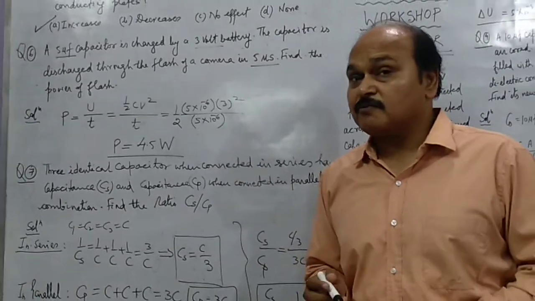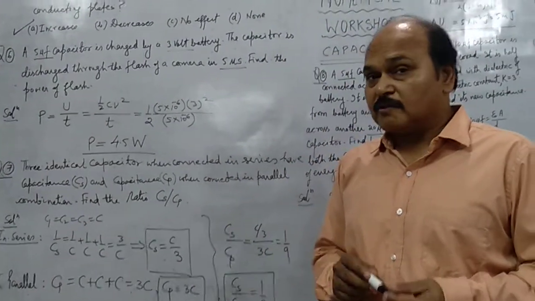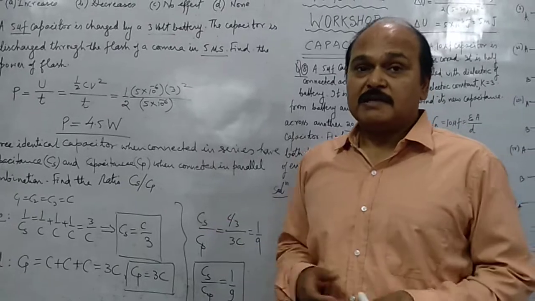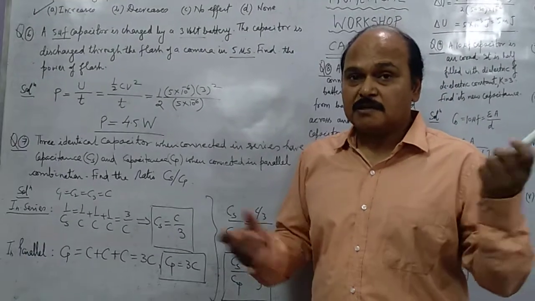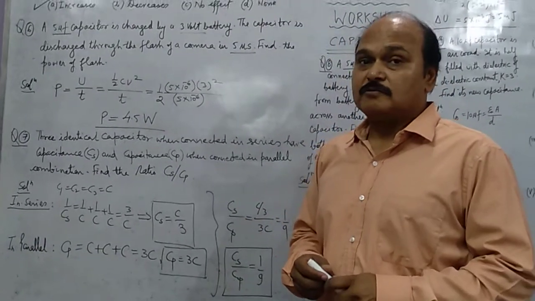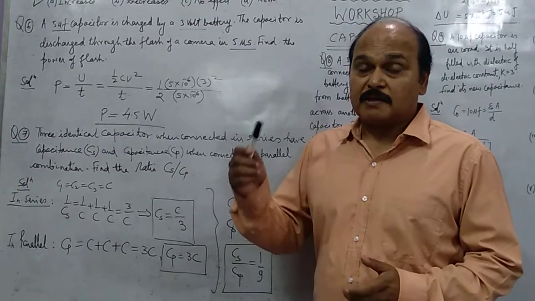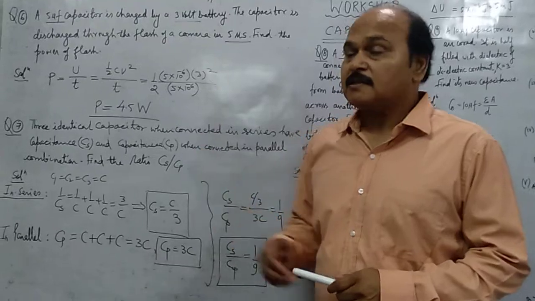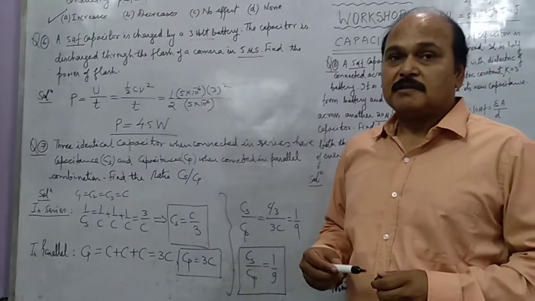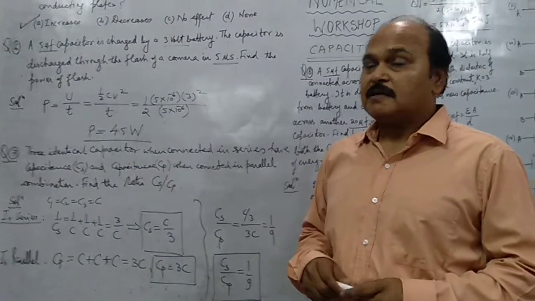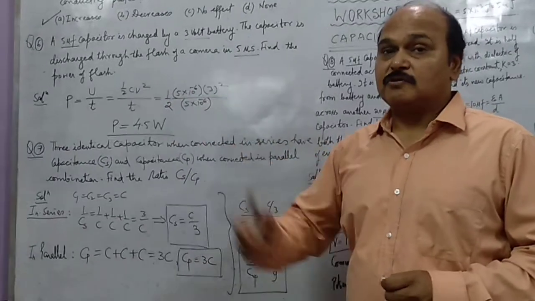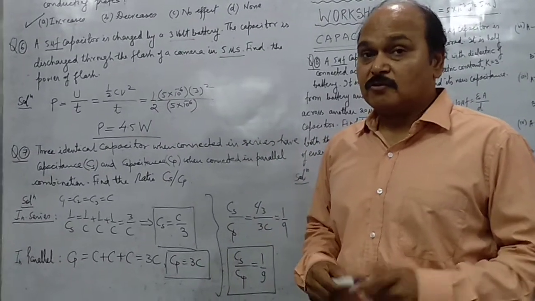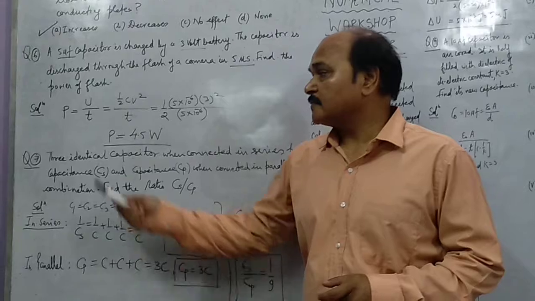Such type of flashes were there in the old version of the cameras. Now we have digicam, but earlier the cameras which we used to have, they had what? A flash in the camera. That flash used to give out the energy after being charged by the DC batteries which we used to connect to the cameras. Now those cameras are obsolete.